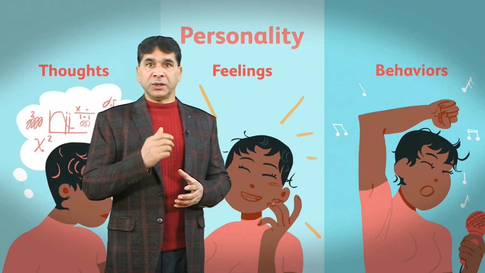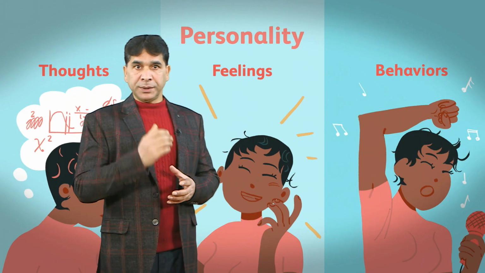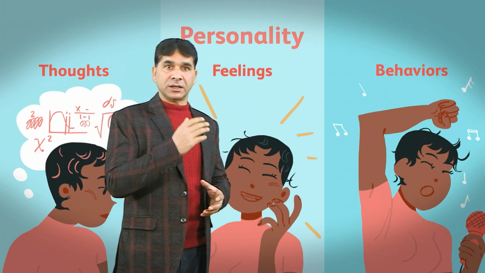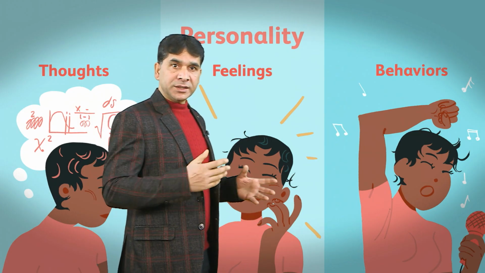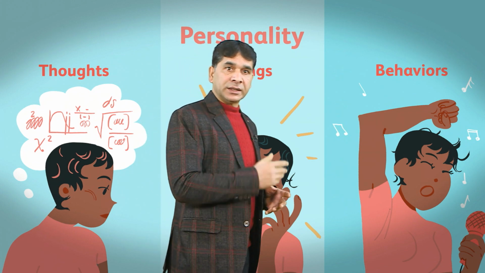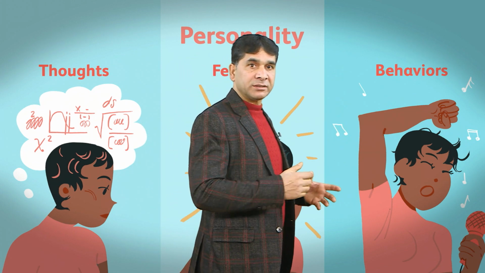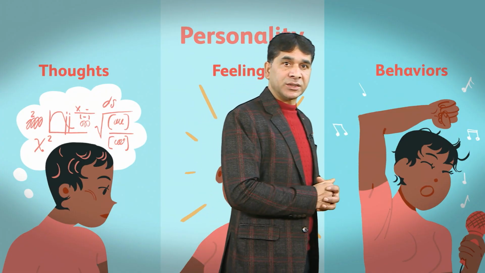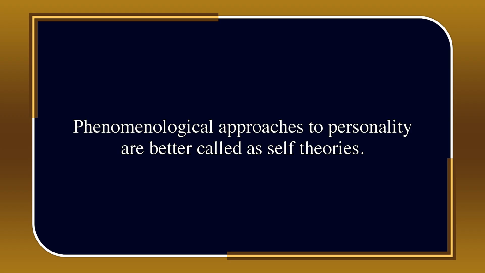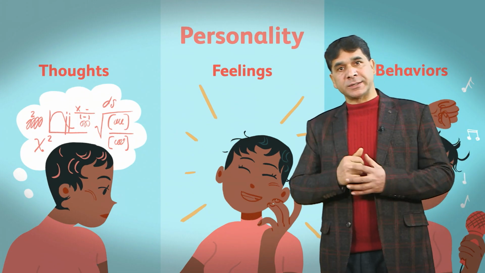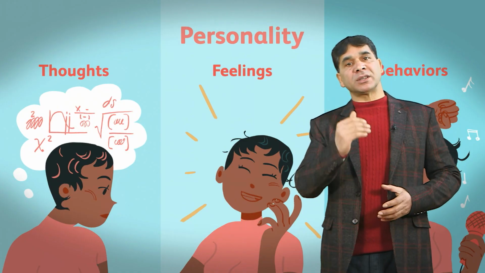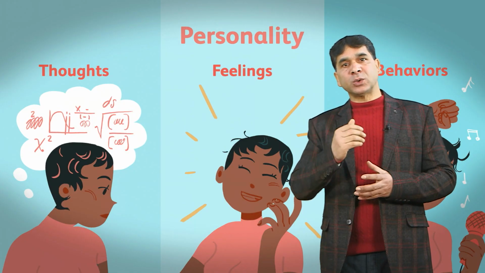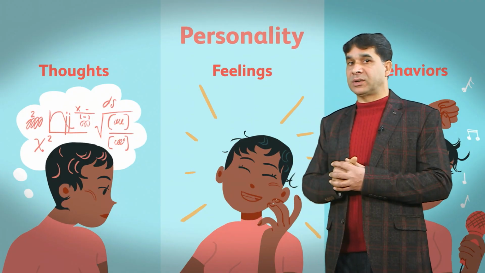According to the phenomenological view, people are capable of knowing themselves and of being their own best experts. Here, it is self-knowledge and self-awareness that become the route to discovering one's personality and genuine self. Phenomenological approaches to personality are better called self theories, construct theories, and humanistic theories. These theories tend to reject many of the motivational concepts of dynamic, psychodynamic theories and most of the environmental determinism